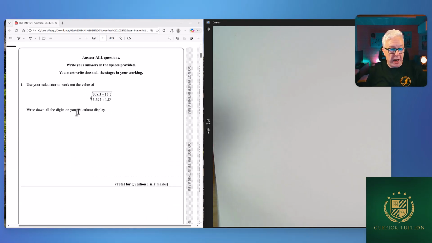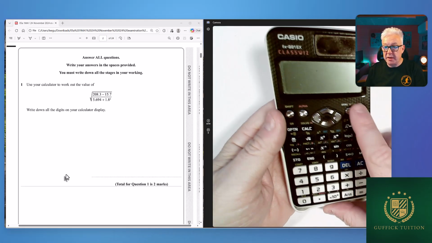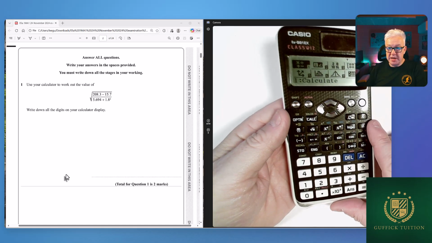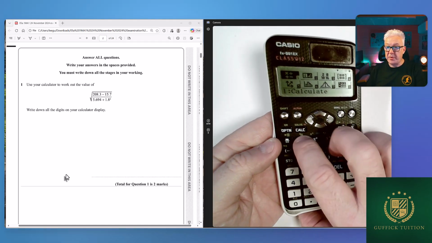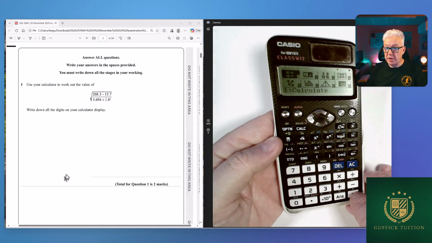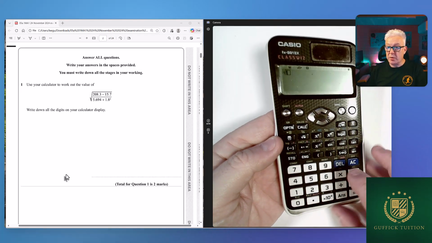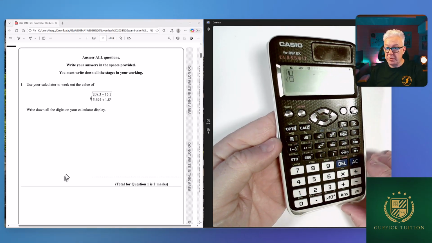So it says, use your calculator to work out the value of that. Write down all of the digits on your calculator display. I think the most important thing is it can be easy just to make a mistake in terms of how we enter this. So I would start off by pressing the square root button, then the fraction button, and then I would put